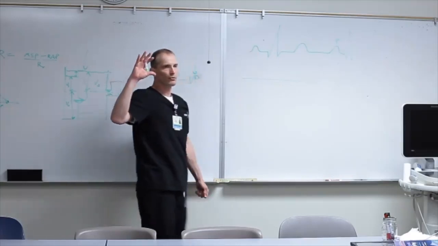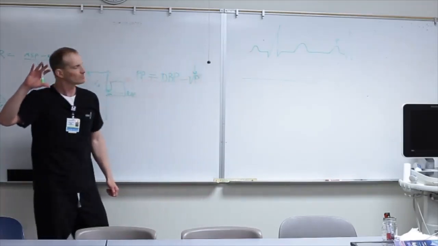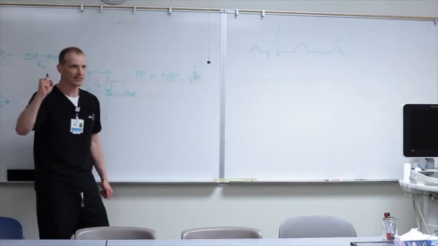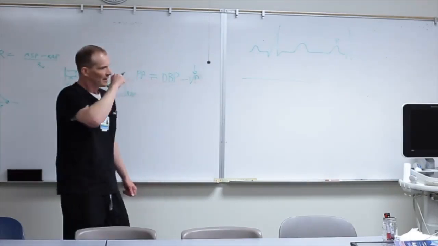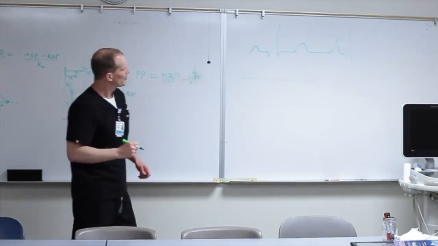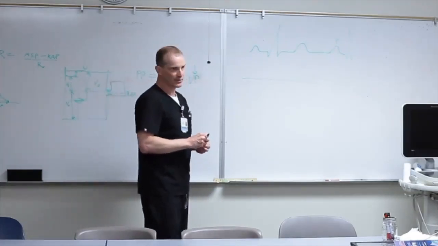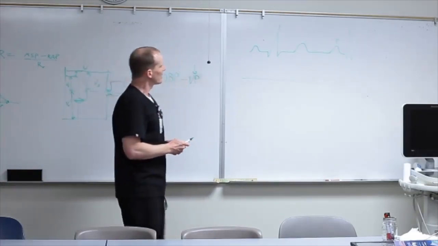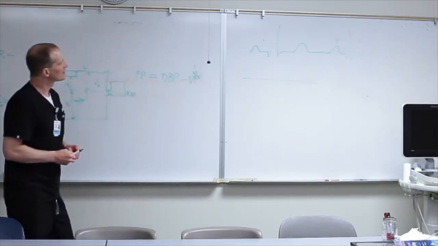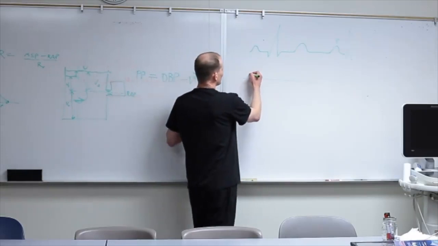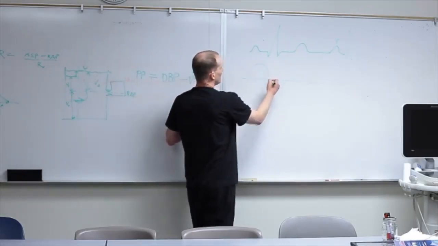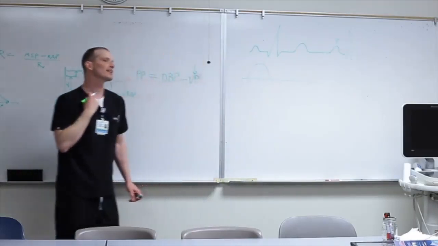So when that atria contracts, a lot of the blood is going to go backwards, right? And so what happens is we get a wave that looks like this in the jugular vein,